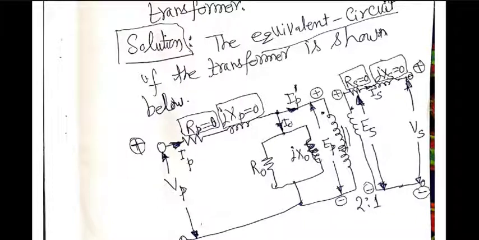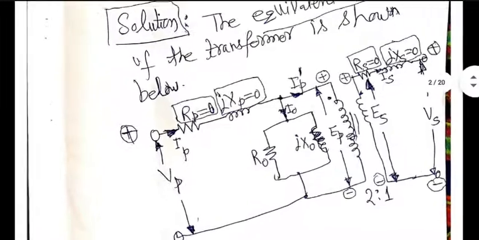Core resistance is R0, magnetizing reactance is X0. And then some current will flow through the core, let's call it I0. The remaining Ip minus I0, I'm calling it Ip prime, will actually go through the ideal transformer which is shown. And 2-to-1 ratio is already given to us. The secondary also has 0 resistance and 0 reactance. And then we get secondary voltage Vs. Primary EMF is Ep, secondary EMF is Es. We would assume dot convention as if both the dots are on the top by default.